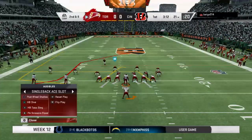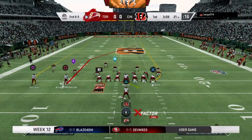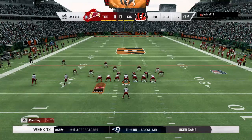Here's 2nd and 9, just a yard on that last run. Let's go, Ty. Let's go right here now. Jim. Slant. Hey,